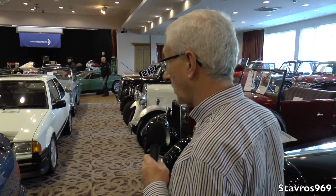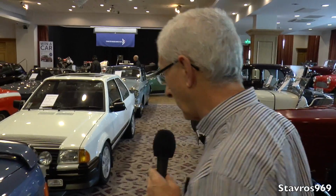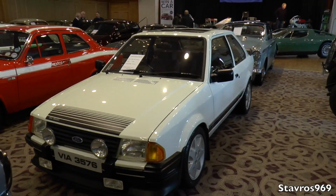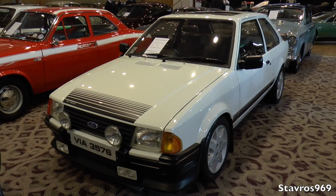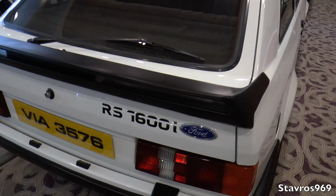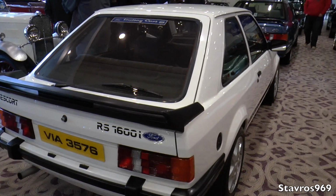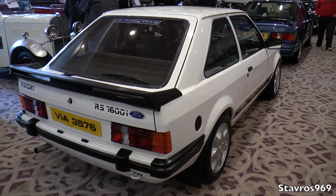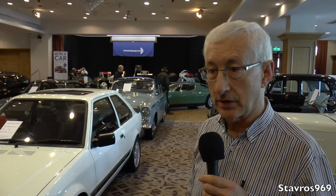Now, coming back to Ford, we have a beautifully restored RS 1600i in Ermine White. I think it's Ermine White. So that car, again, very valuable. Absolutely very valuable. It would be difficult to price that car, but it'd probably be in the region of maybe £12,000,